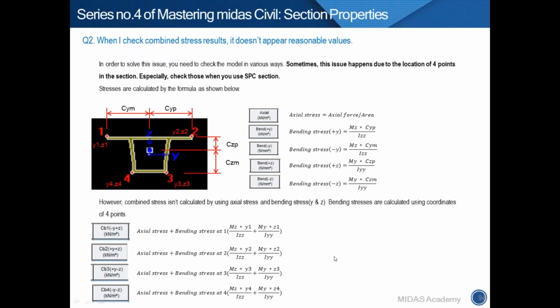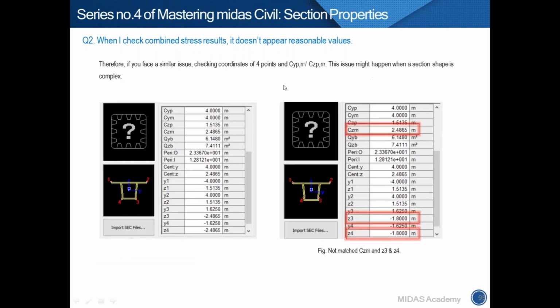And sometimes when you use SPC, and SPC calculates the section properties, if the section is complex, has a complex shape, SPC doesn't calculate the proper location of the 4 points. So sometimes this issue happens. So this example does not match the point location to the CZP or other values.